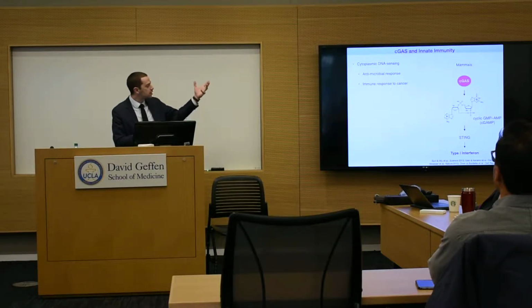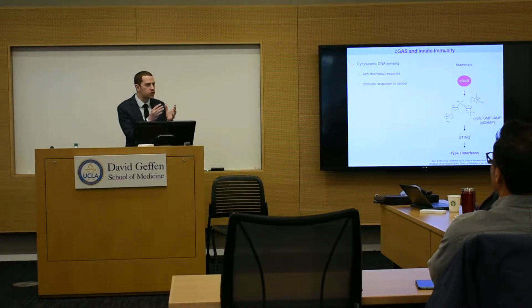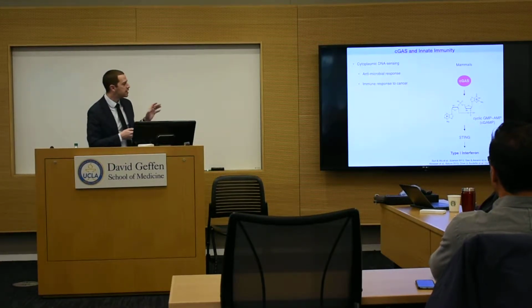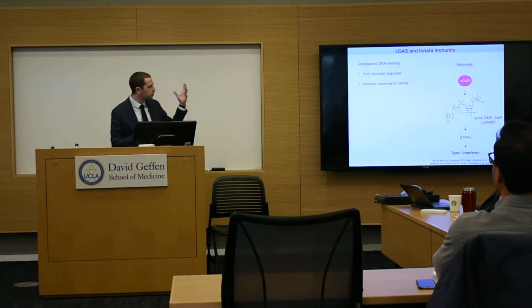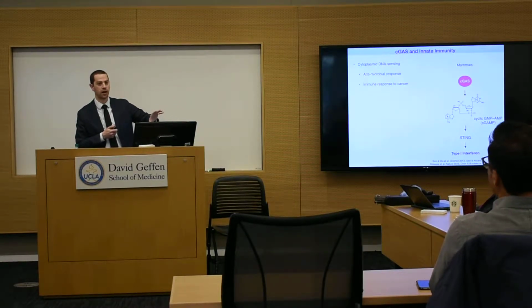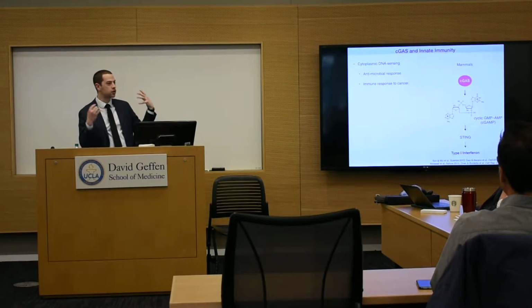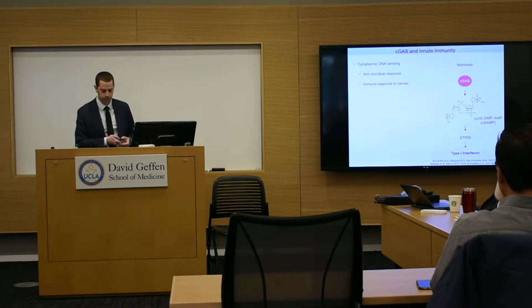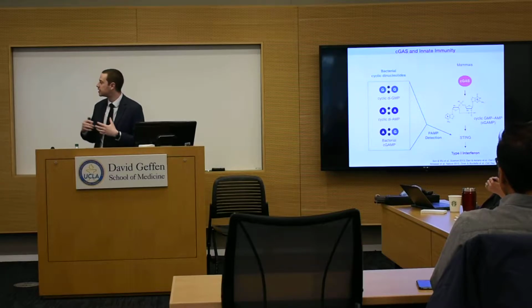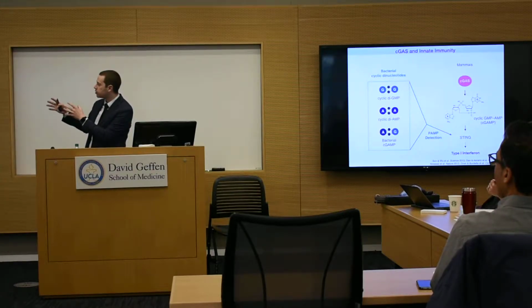And although this pathway has principally been understood through the lens of antimicrobial immunity, what's become increasingly appreciated and what's emerging in the field is that this pathway is also very important for eliciting immune responses to cancer. And in fact, cGAMP-like molecules are being used in the clinic right now as potential adjuvants to cancer immunotherapy. But the reason that I became interested in this pathway is actually because it fits into a broader understanding of